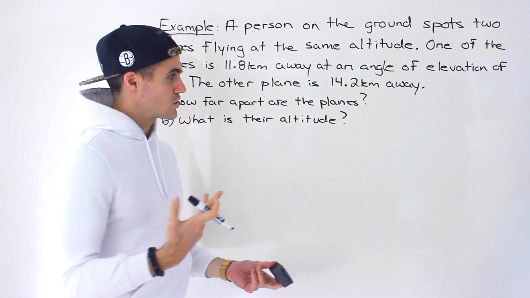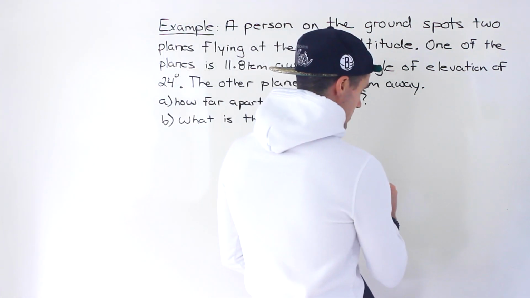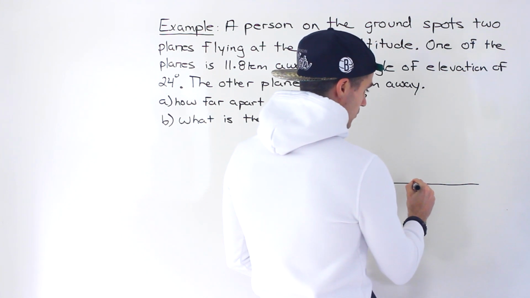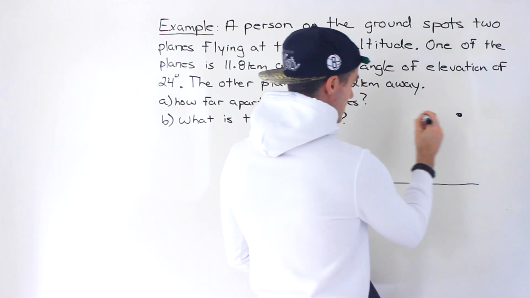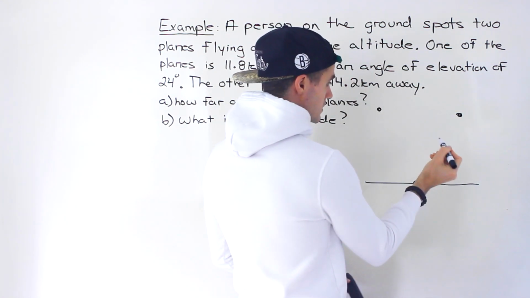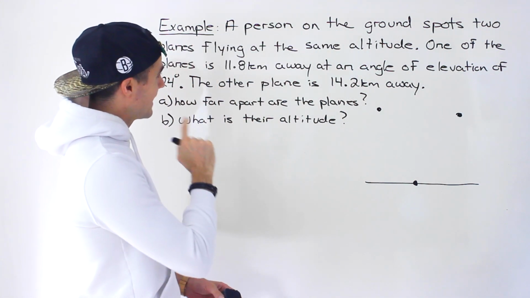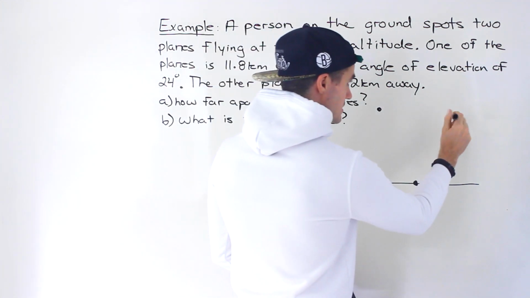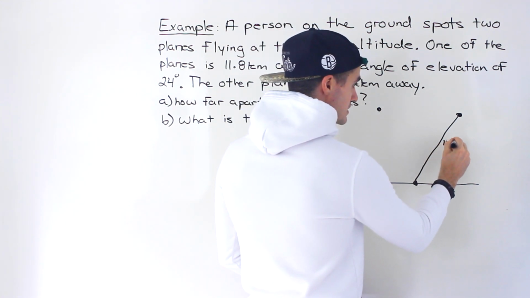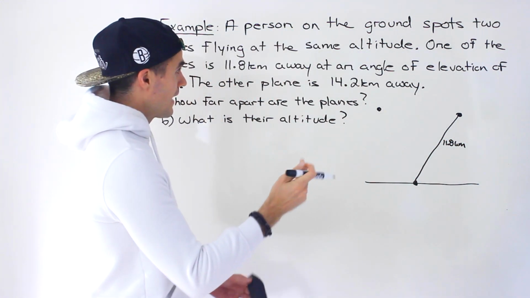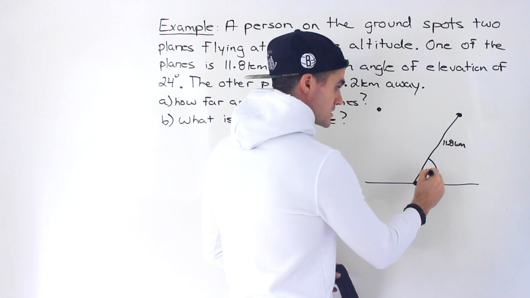As usual, let's start with a diagram of the situation. Let's say that this here is the ground. Let's say that the person is right here and they are spotting two planes. Let's say one of the planes is here and the other plane is right here, like that. They're saying that one of the planes is 11.8 kilometers away. So let's say that this plane here is 11.8 kilometers away from the person, and it's at an angle of elevation, meaning this angle over here is 24